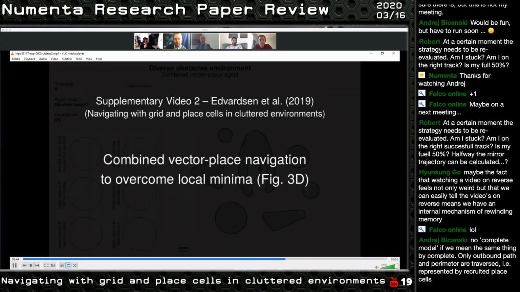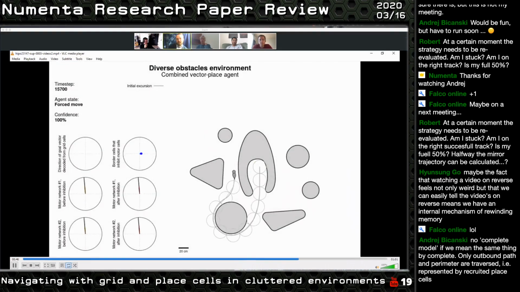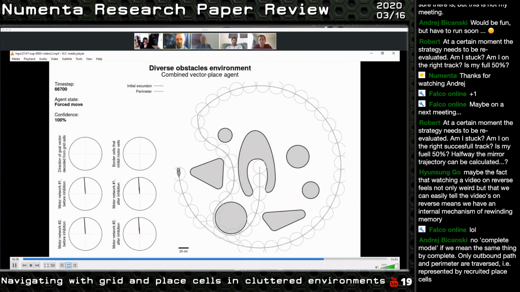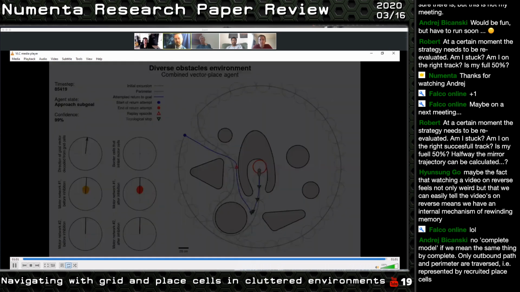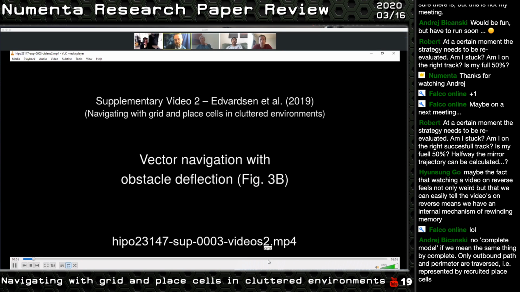So combined vector place navigation to overcome that. You form that place map. You see all these connected places, right? So you have a map. And now you go. And now when you get stuck, you can do replay to an intermediate goal, remap, and get to the goal. So maybe I just play that last part one more time,